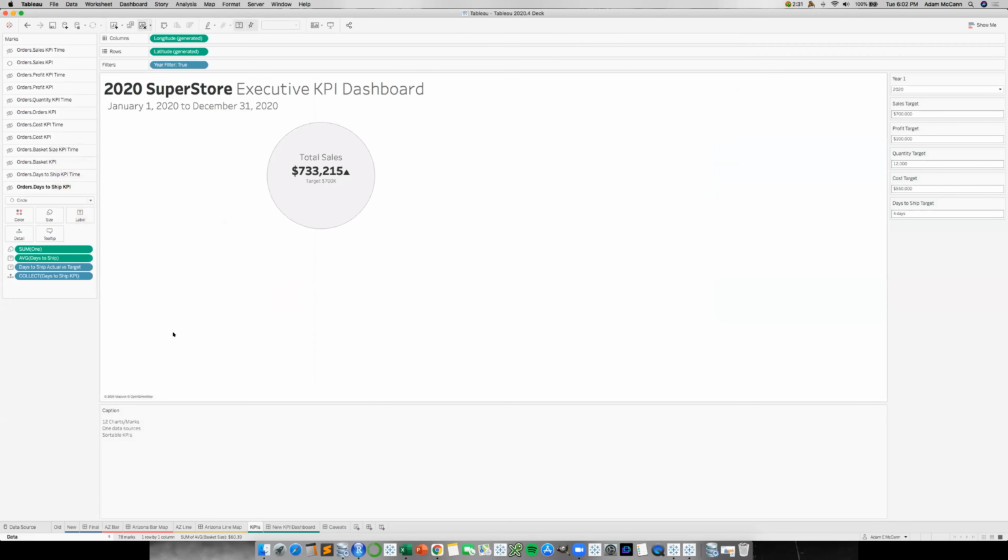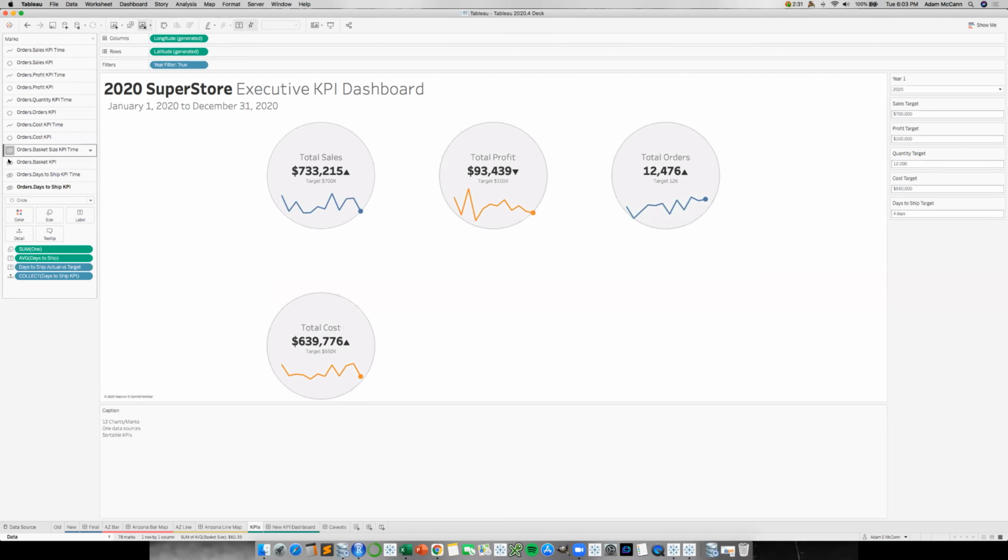And the last thing I want to show is KPIs all in one dashboard. So this is a KPI dashboard. This is a KPI worksheet showing 12 different KPIs. So I have one here. It's a circular little band. It shows the total sales indicator, whether sales is up or down relative to its target. But now if I want to add a line chart, more KPIs, you can add essentially theoretically an infinite number of marks onto a single visualization. And now I have a KPI dashboard with 12 different mark types, 6 different indicators, all in one worksheet.